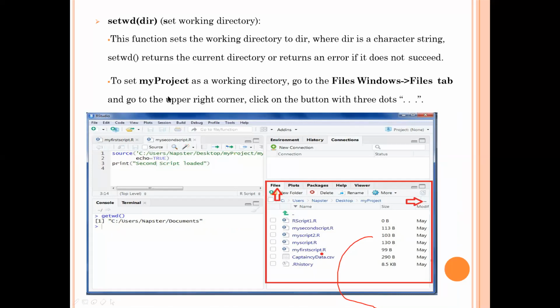Whenever you are setting up any project, you can see this in the Files window. In the Files tab, go to the upper corner so that you can see exactly where your file is, or wherever your set directory is working.